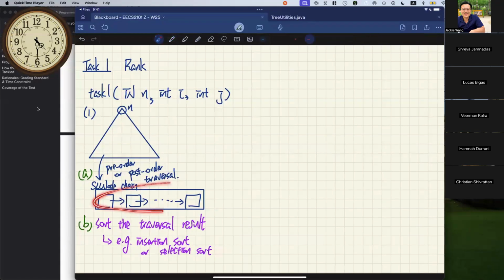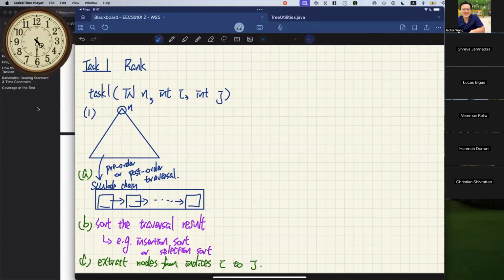So once you have sorted the chain of nodes, you're going to get a sorted chain of nodes of the same size. In that way, you can simply go to position I and position J, and then extract the nodes in this particular range, and you're done, right? So conceptually, three steps, basically. And C over here is about extracting the nodes from indices I to J, right? It's a conceptual sketch, right?